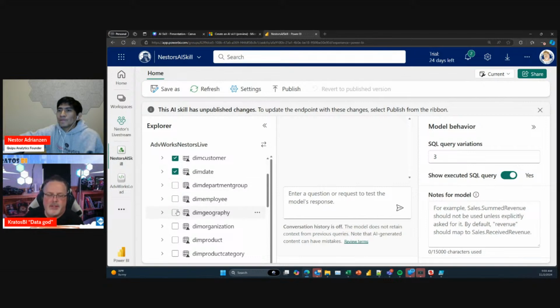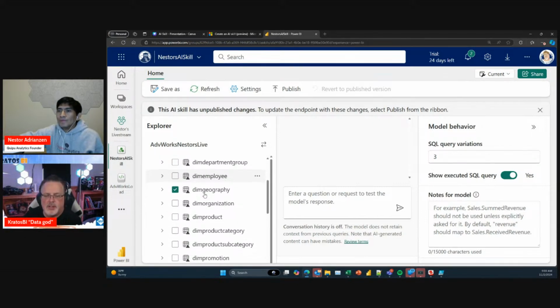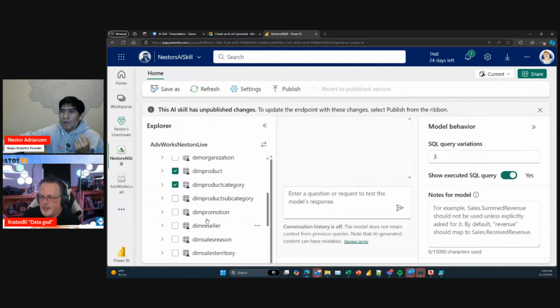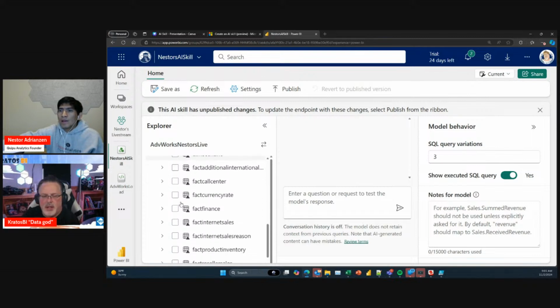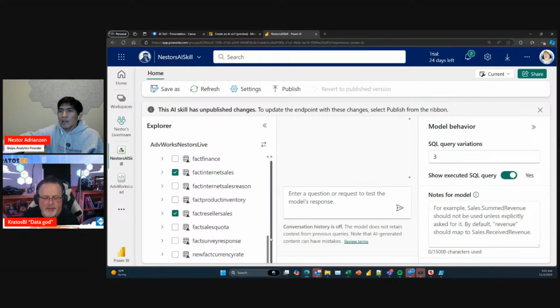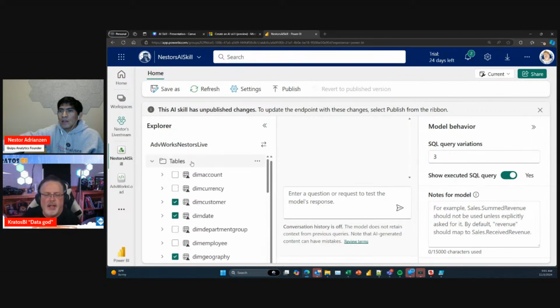Once this is all good, I'm going to select the tables that I want my AI to train itself over. I'm being very specific in what I'm pulling. I'm not pulling in everything. I can, but I just want to pick out some very specific ones. For the purposes of this demo, I'm following the list of items that Microsoft is recommending, which is right here, reseller sales. So I've got those all set. I've selected these tables here.